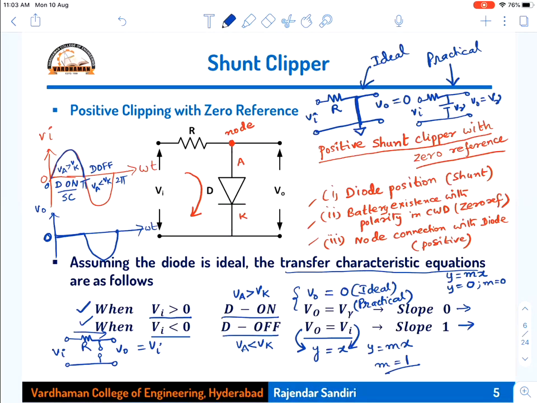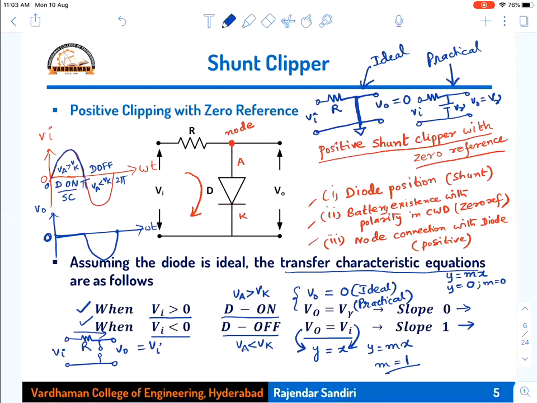I have to compare the magnitude of the input voltage with that zero reference. So that's why positive cycle I have taken. That means Vi greater than 0, Vi less than 0. Suppose if any battery is connected, then I have to compare the amplitude with that battery voltage: Vi greater than Vr, Vi less than Vr, or Vi greater than minus Vr, Vi less than minus Vr. So here the reference voltage is 0, therefore I am comparing the input voltage with 0. If the circuit has got a positive reference voltage Vr, then I might have compared the input voltage with Vi greater than Vr, Vi less than Vr, and so on.